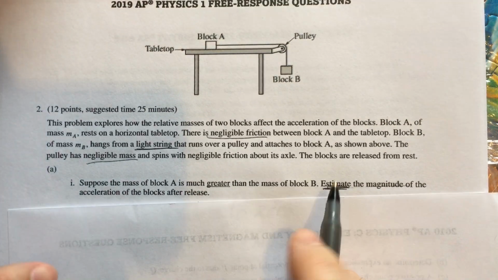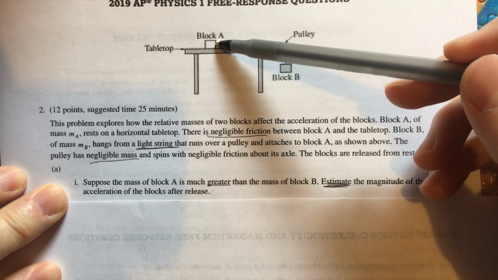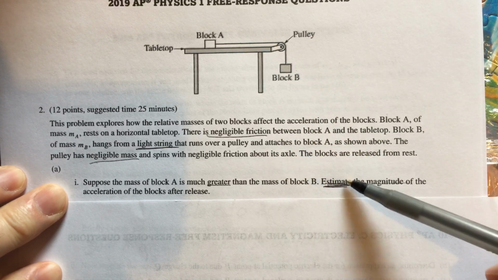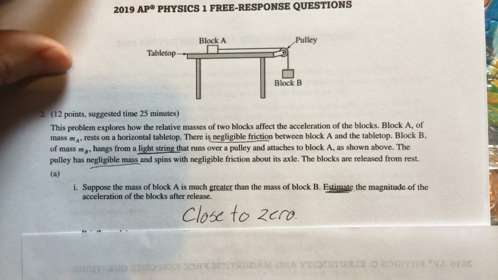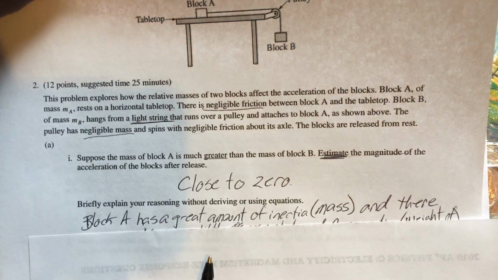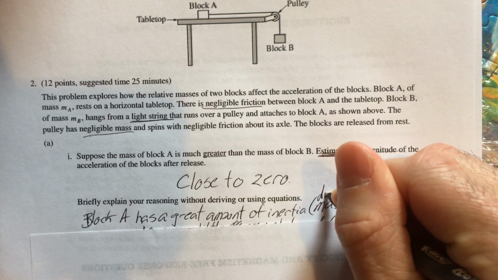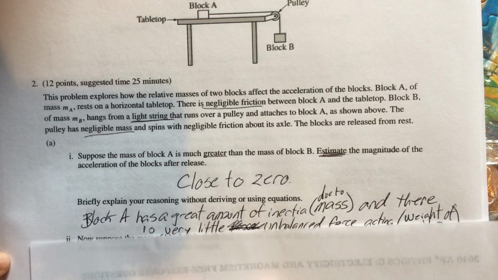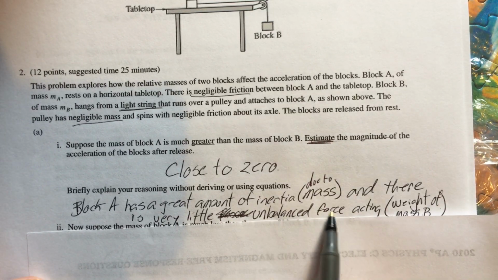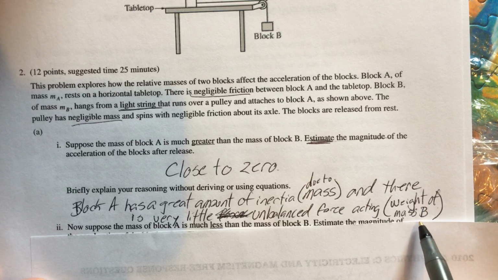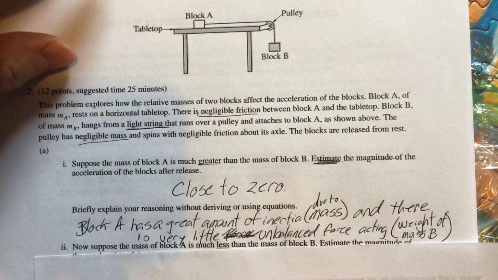First thing we want to do is to estimate the magnitude of the acceleration of the blocks after release if block A has much greater mass than block B. It's just an estimate. I'm going to say it's close to 0, okay? Because, well, they do want me to explain my reasoning, and my reasoning goes like this. Block A has a great amount of inertia, and that's due to its mass. And therefore, it's not going to accelerate very much because there is very little unbalanced force acting, which would be the weight of mass B. So lots of inertia, very little force, going to be close to 0